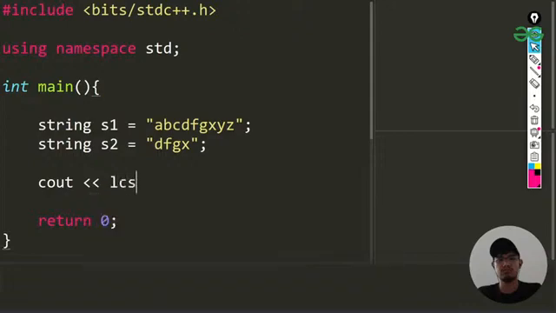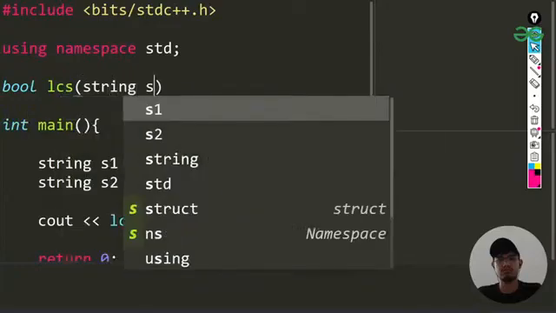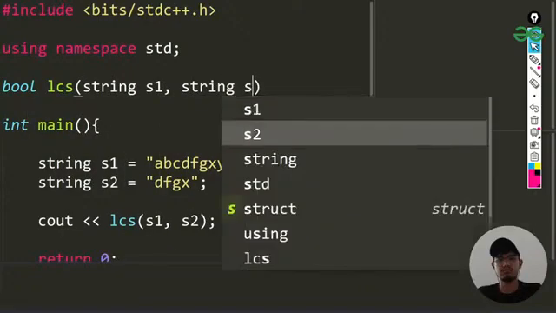LCS, longest common substring basically in this case, and I'll be just passing s1 and s2. I hope till this point is very clear. Okay, once we are passing this, now let us write this function LCS. So basically two strings will be going into this function, and I'll be calling that LCS. In LCS I'll be passing two strings. First is s1 and second is s2.